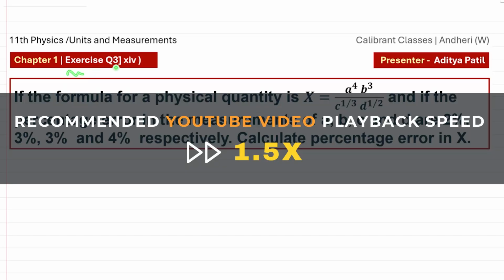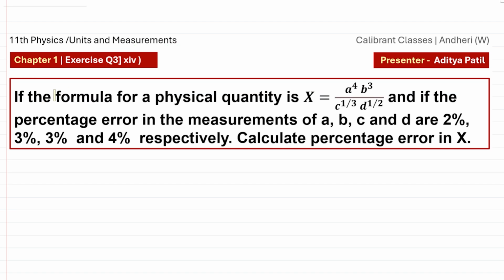Hi, in this video, we are discussing the 16th numerical from the exercise for the chapter Units and Measurements, which is the first chapter for 11th standard physics. Now, question में हमें एक formula दिया है that is of a physical quantity, and this physical quantity is represented